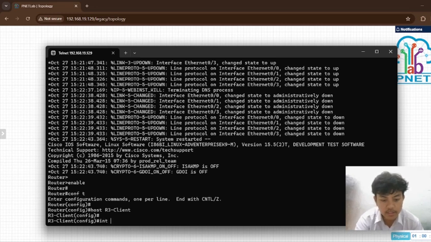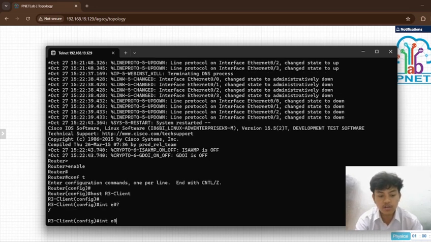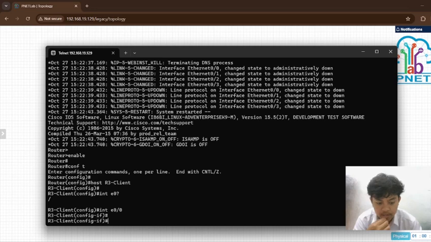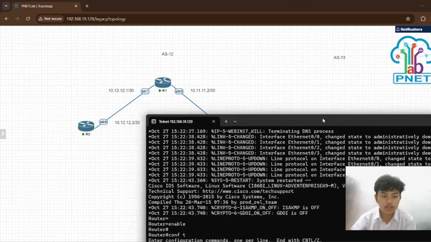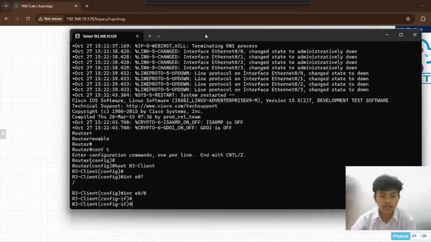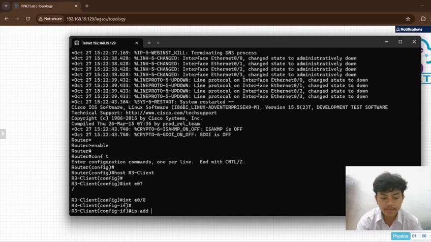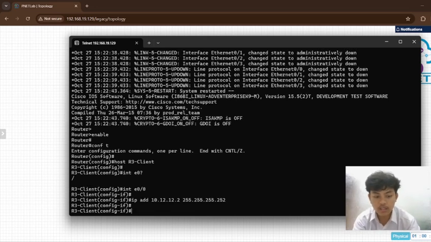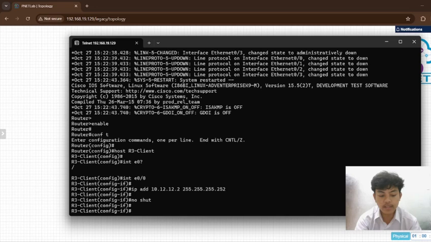Then interface Ethernet 0/0, IP address 10.12.12.2 and the subnet mask like this, no shut, and exit.